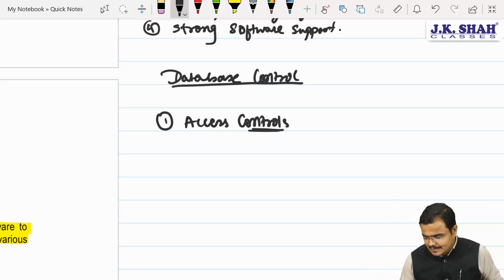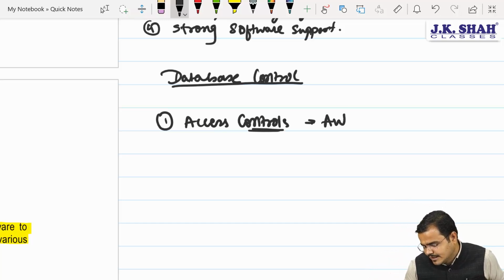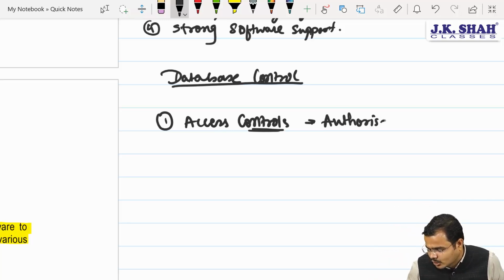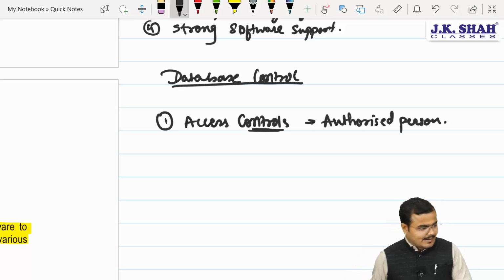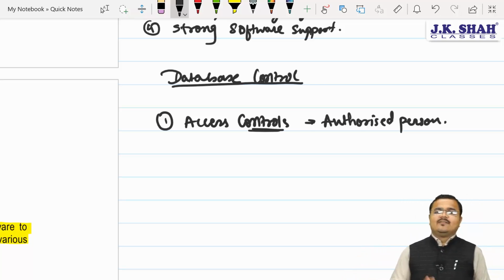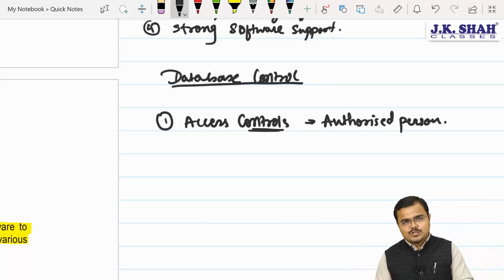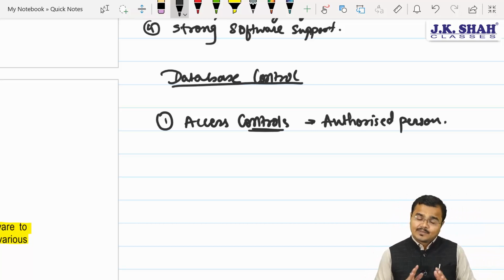We should make sure that the access should be assigned only and only to whom, Chartered? Sir, to the authorized person who is authorized to see or modify that data. Chartered, when the access control mechanism is implemented, for that we require a strong level of policy and procedure in place. Understood? Yes, sir.